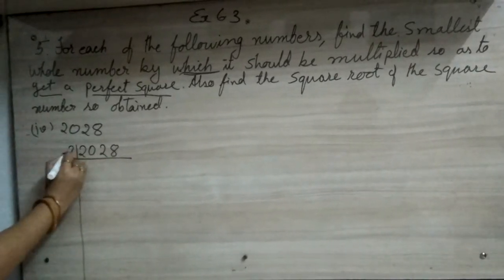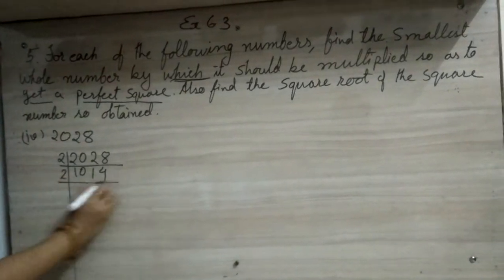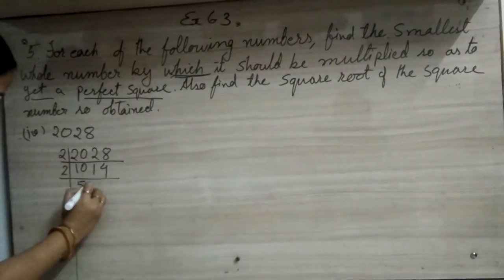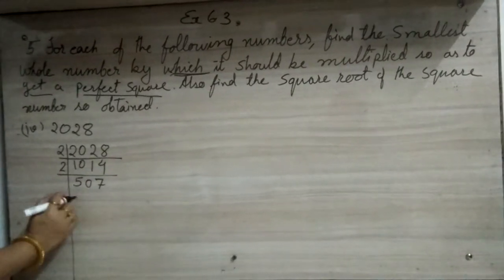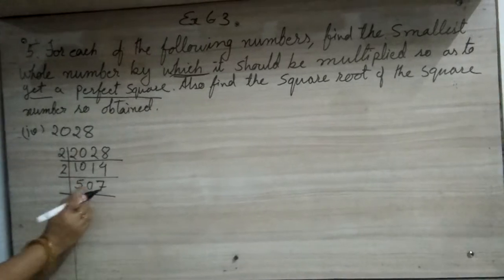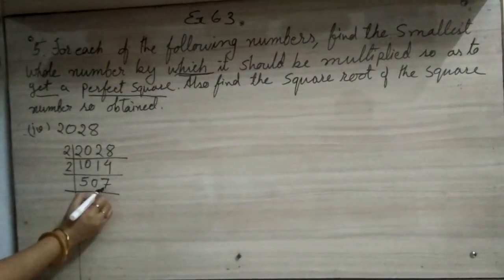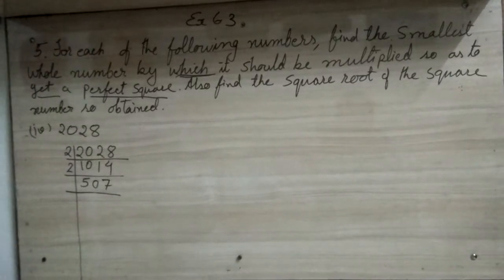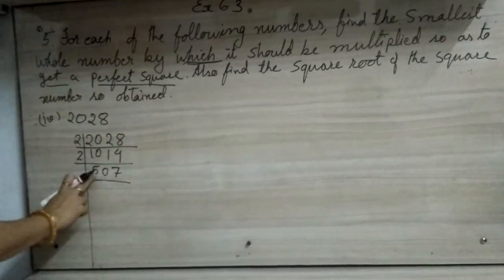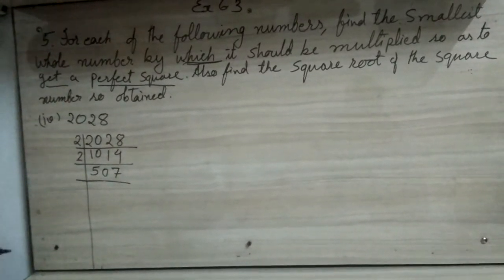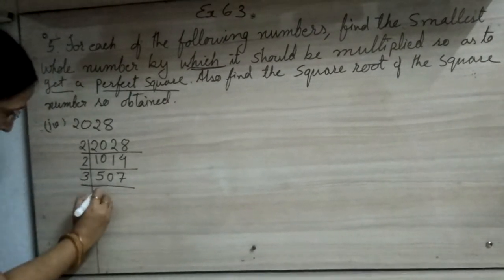Even number है तो it will go by 2. 5, 0 और 7. Why I am writing 0 अब सबको समझ में आ गया होगा, because in many previous videos I have explained detailed division. लिख के रफ कॉलम में कर लें if you have doubt. Now it is 7, so it will not go by 2, so we will try by 3, because 5 और 7 को प्लस करने पे you get the answer 12. 12 3 की टेबल में आता है तो it will be divisible by 3.